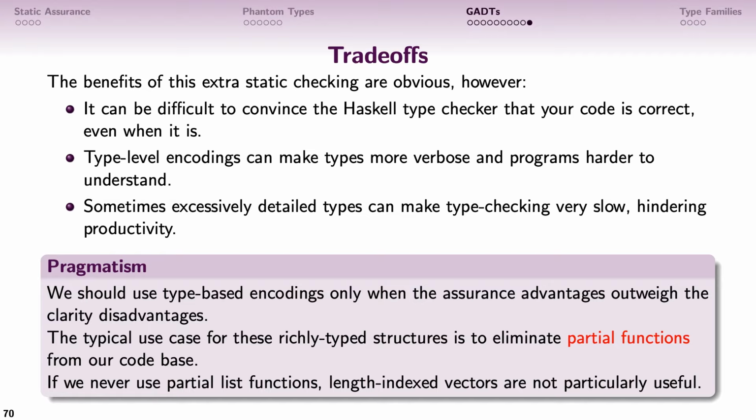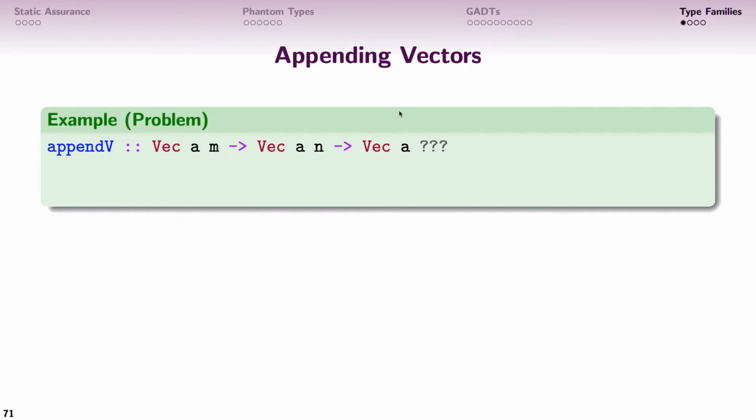Okay, so the last thing I want to talk about is one more feature of Haskell's type system that becomes very useful once we have these GADTs and so on. Suppose I wanted to append two vectors together. I have my vector of a's of length m and my vector of a's of length n, and I want to append them together, so it's just the plus plus operator, but it's written as append here for our vectors. If I wanted to append them, I would expect that the output size would be the sum of the two inputs, right? So going to my code,